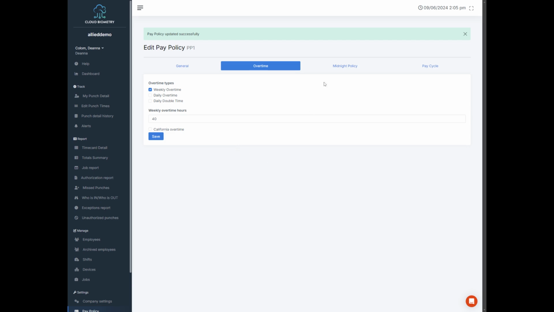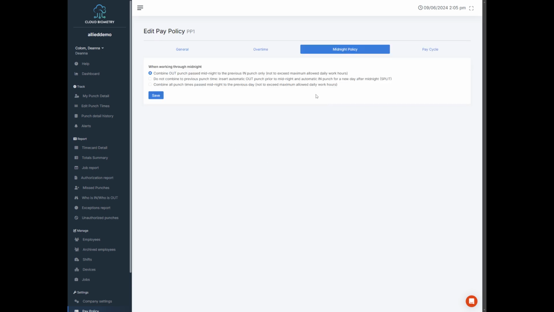Then we will move on to the midnight policy. The midnight policy dictates the hours that are accumulated for each day within a pay cycle or a working day in the pay cycle that overlaps midnight. We have three options. Combine out punch past midnight to the previous in punch only, not to exceed maximum allowed